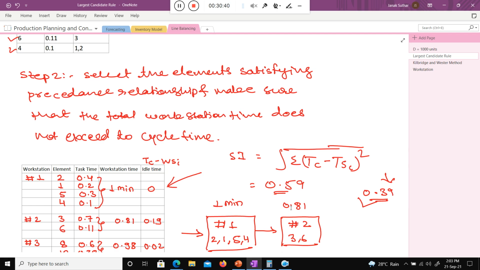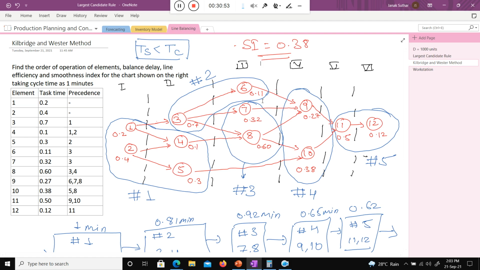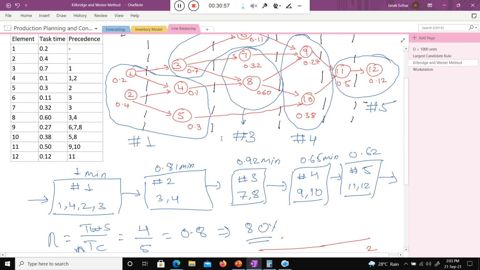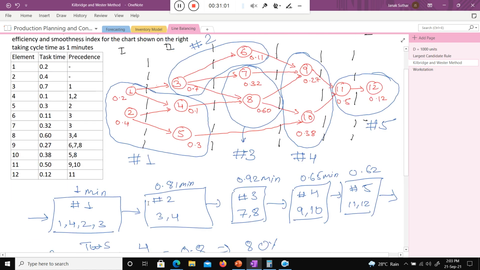That is not a good thing, so you can say the process is not good if the smoothness index is high. 0.59 is high compared to 0.38. So I will use the Kilbridge-Wester method, because its smoothness index is 0.38, and you can even see the variation between the workstations: 0.81, 0.92, 0.65, 0.62.